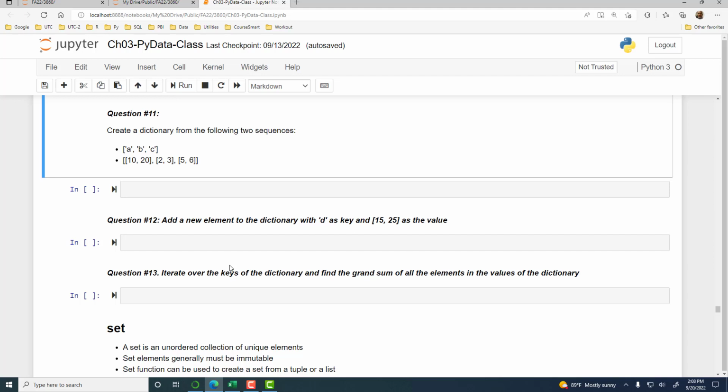We want to create a dictionary with keys coming from the first one and the values coming from the second one. So let's say k equal to